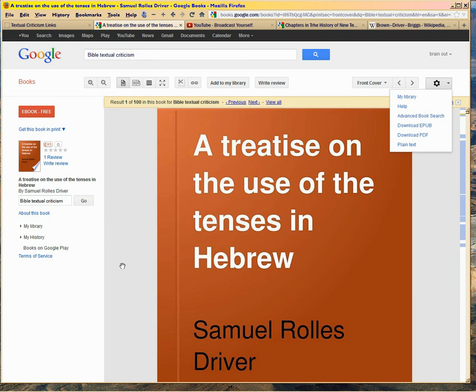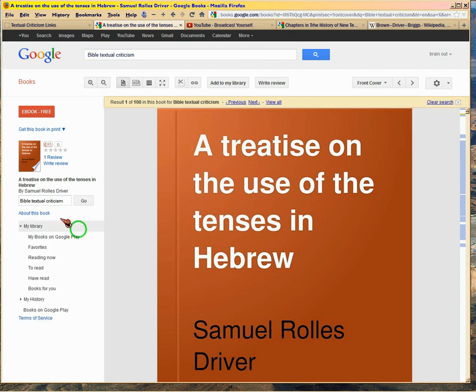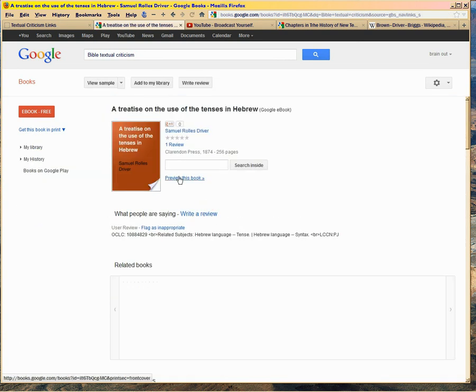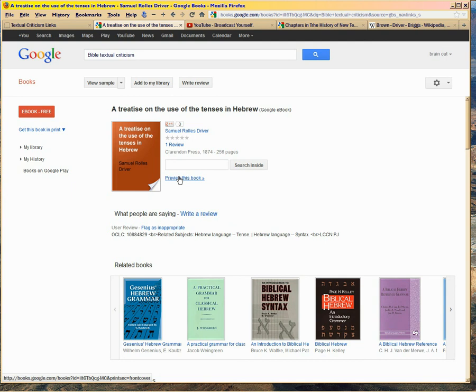Christianity sort of separated itself from Judaism, so there's always been this kind of competition that goes on. But Driver is one of the recognized authorities. And I'm sure Gail Riplinger has said that he's a gay evolutionist, so then you definitely want to read him. This is his book on the treatise on the uses of tenses in Hebrew. And I recommend it very heartily,